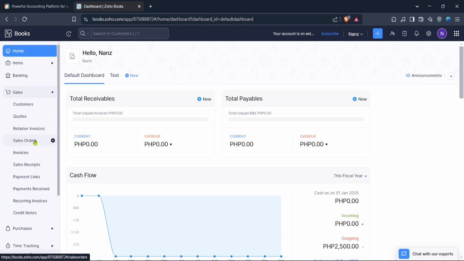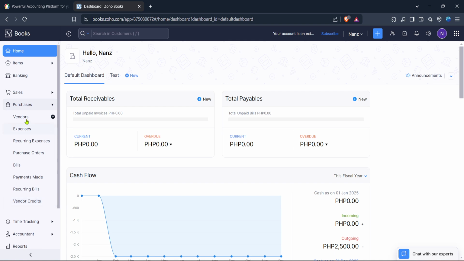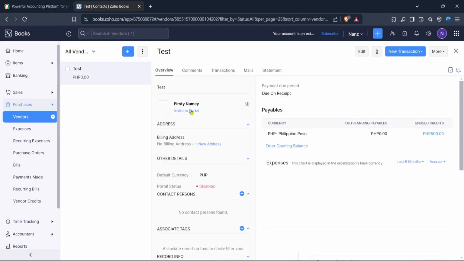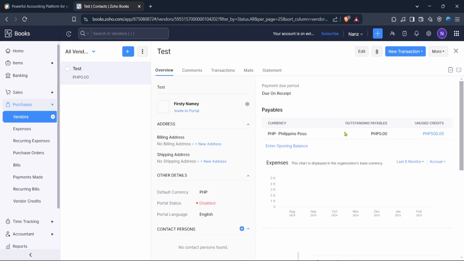Finally, if you need to add a new vendor, simply click on the New button where you can input all the vendor details while ensuring that tax settings are properly associated with this vendor. That wraps up our session on setting up taxes in Zoho Books. By following these steps, you'll ensure that your business remains tax compliant and manage your